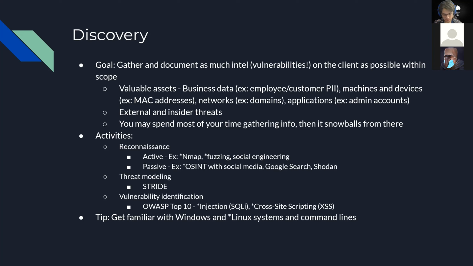And of course, the activities involved in the discovery phase are reconnaissance, threat modeling, and then vulnerability identification. So reconnaissance, like I said, Nmap, but then there's also a different kind of reconnaissance called OSINT, which is open source intelligence. You can think about that like doxing, but legal doxing, because OSINT is finding information online about a company that's already out there. It's public domain information. And this could be anything from what the company does, what its mission statement is, to finding out